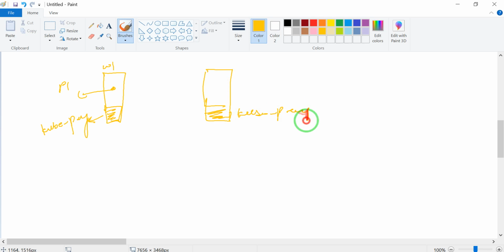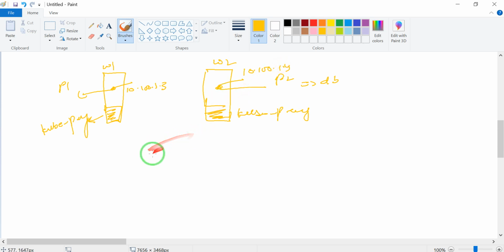So normally kube-proxy will be found on the worker node, but it depends on you whether you launch it on the master node or not. Then we have p2, whose name is db, and the IP of this pod will be, let's suppose, 10.100.1.3, and this is also a pod, so its IP will be 1.4.